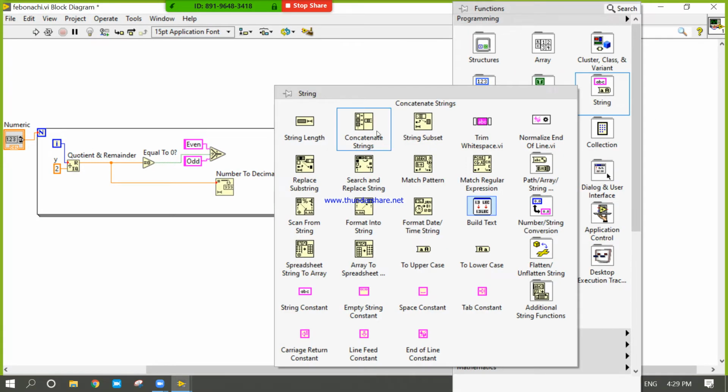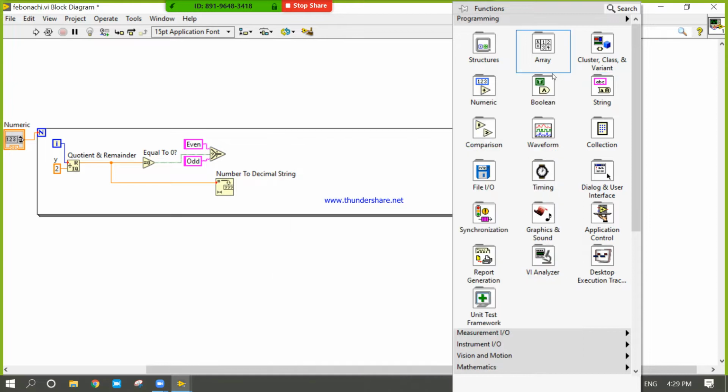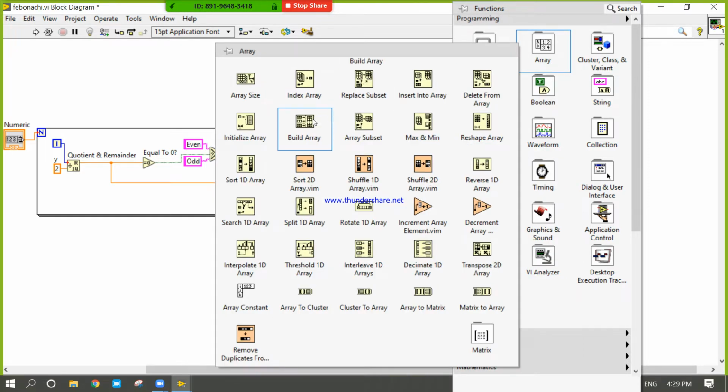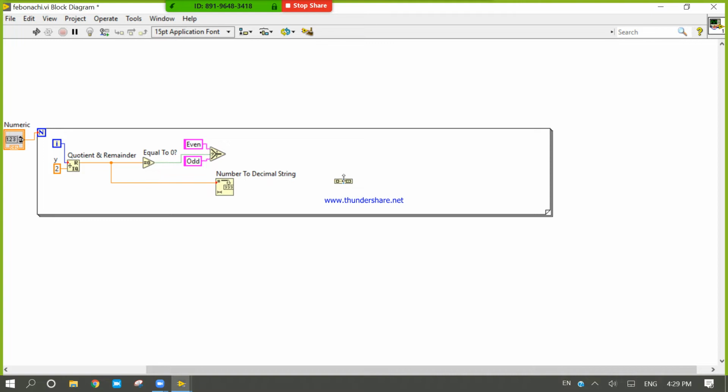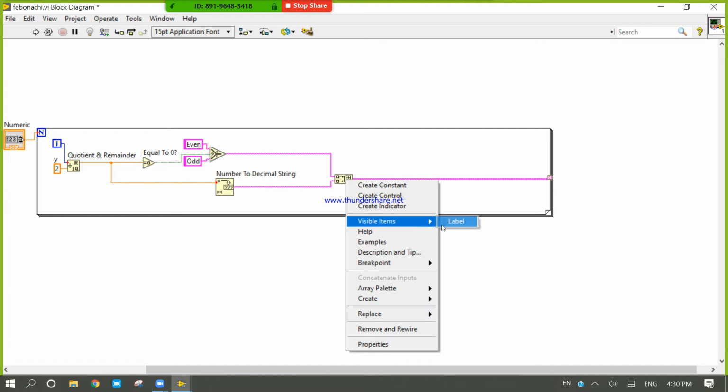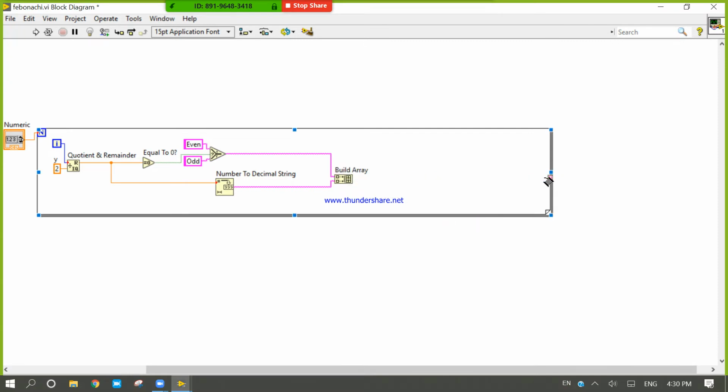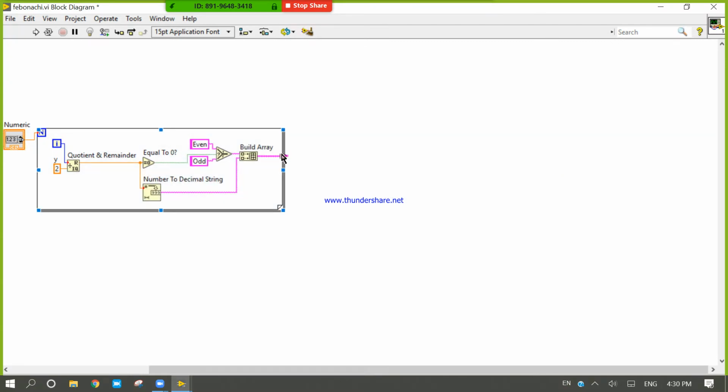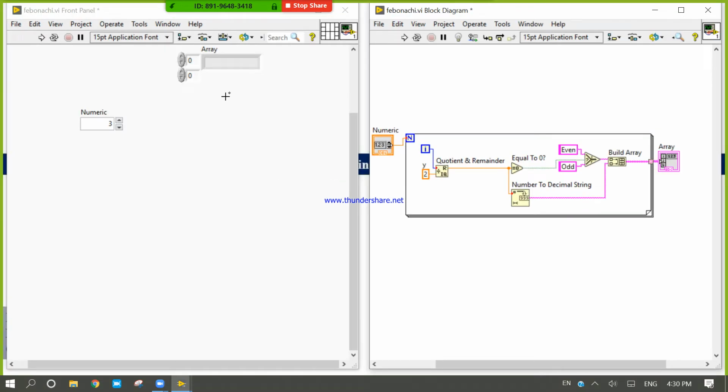Now there is one array, the build array function. One D array, it will be a 2D array. Right click, build array functions, create indicators.